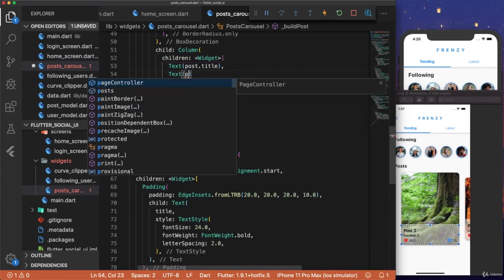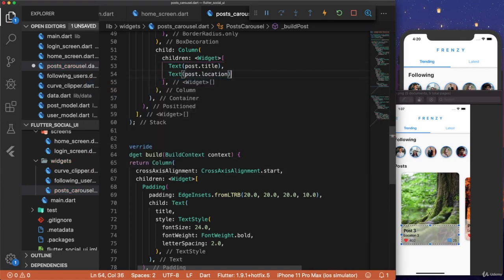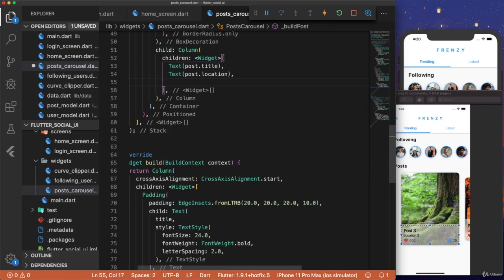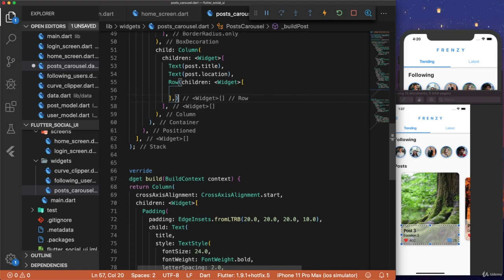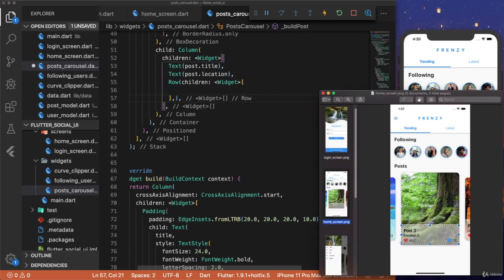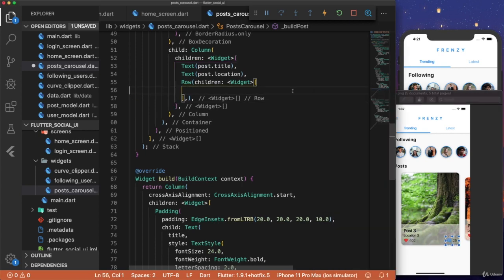So that'll be Text, post.location. And after that, we're going to have a Row. And this Row widget will have two rows inside of it, because now we have a row here with the heart icon and the number of likes, and then another row here with the number of comments and the comment icon. So let's make the row